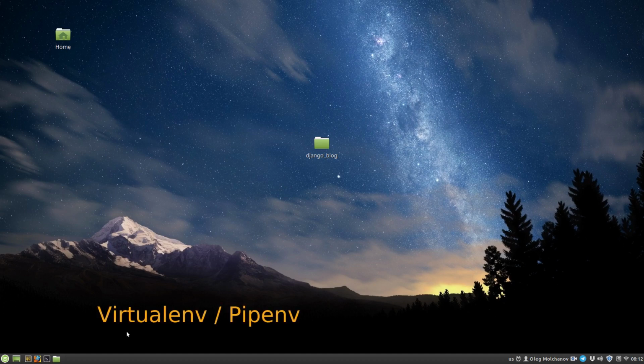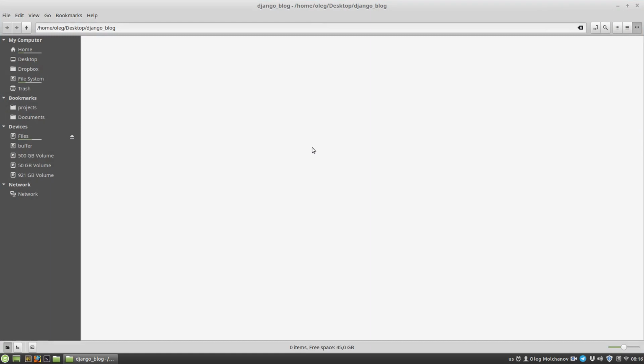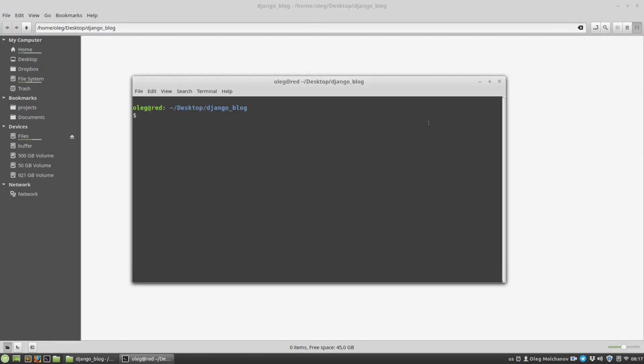I am using the virtualenv package, but you can use the pipenv to do the same. I am opening the folder for my project and open here the terminal. Then